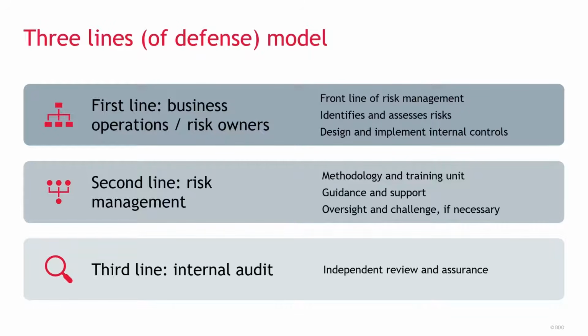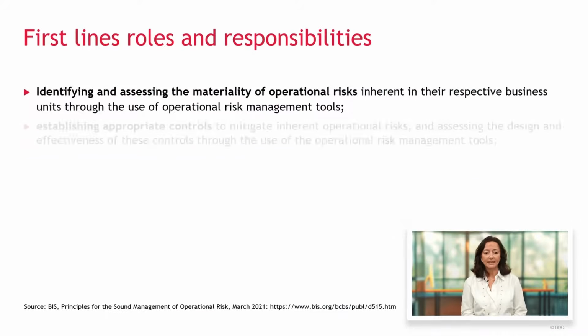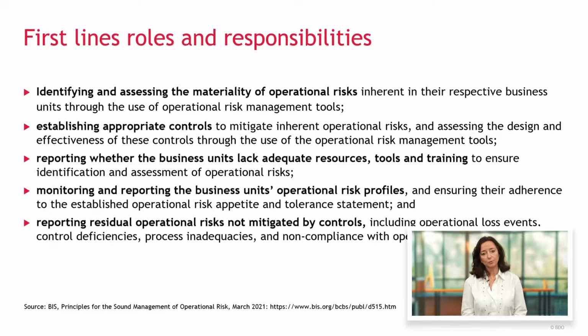And finally, once everybody is trained and can operate risk management in a proper way, comes the role of oversight and challenge of the second line. And the 3rd line is internal audit, with a classic role of independent review and assurance. Now, if you want more details about what these roles entail, again, I refer you to the document of the Basel Committee.